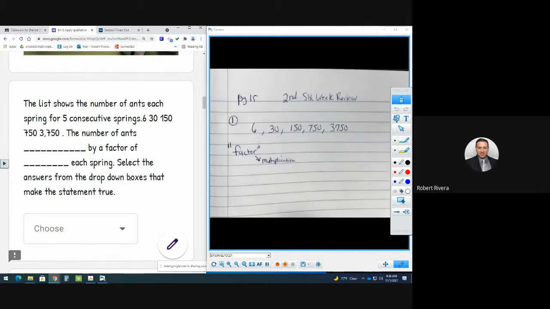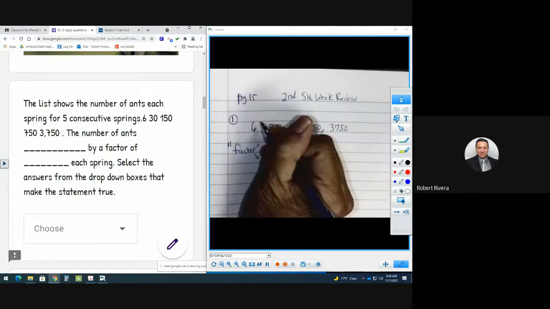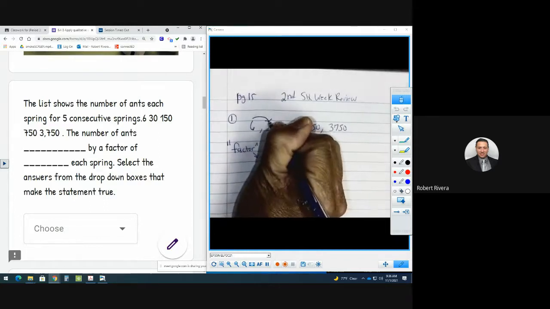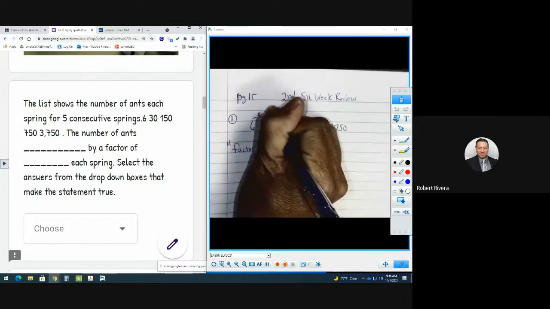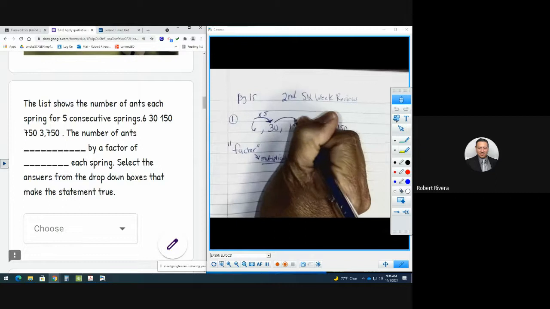Because a factor times a factor gives you a product, right? So just with that, I already know that they want me to figure out the pattern by multiplying. They already told me the word factor, so I know that from here to here, the change was times what? 5. So from here to here,